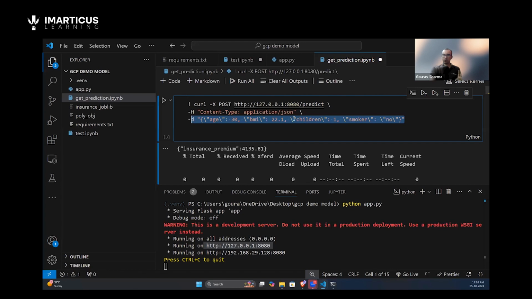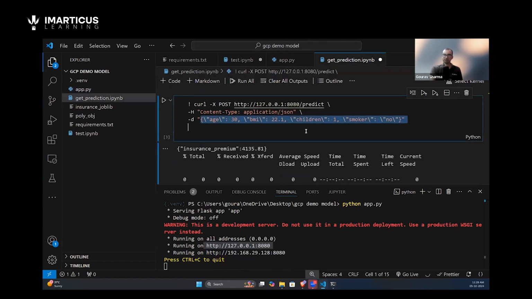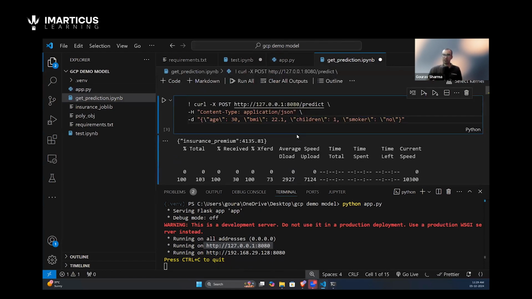So what we are doing is, on this particular URL we are sending this input data. Again, I'm repeating, on this particular URL we are sending this input data. And when we send this input data to this URL, it will execute this function for us. Whatever function we have written in our application gets executed. So let's see. If I run this particular cell,